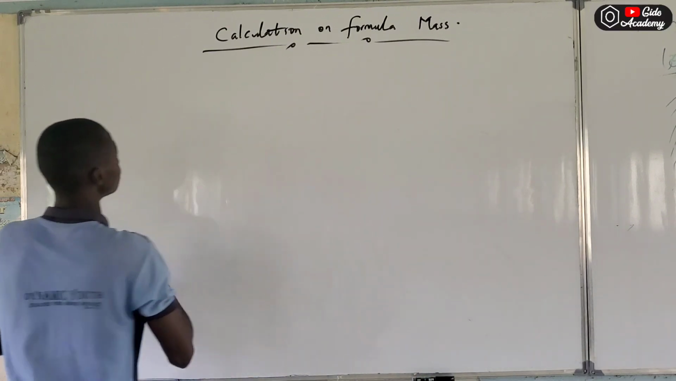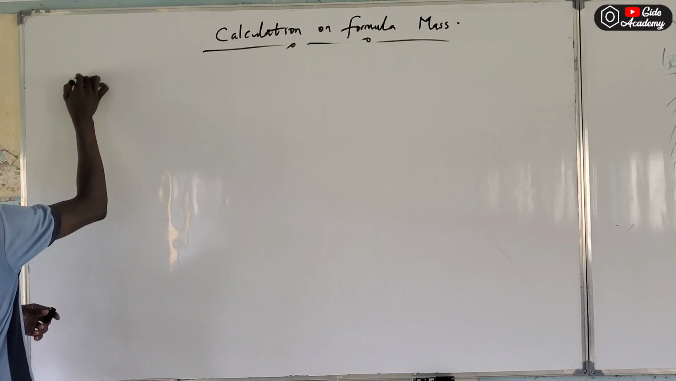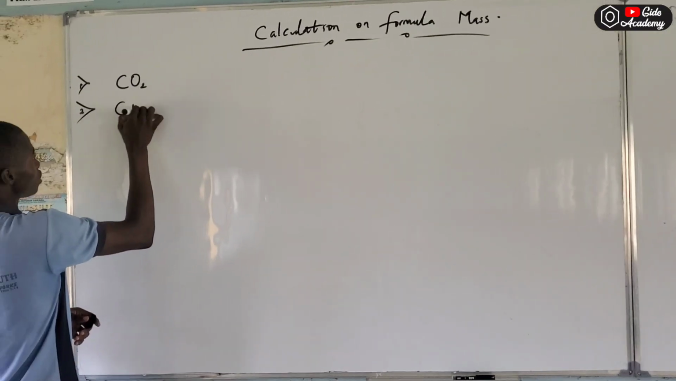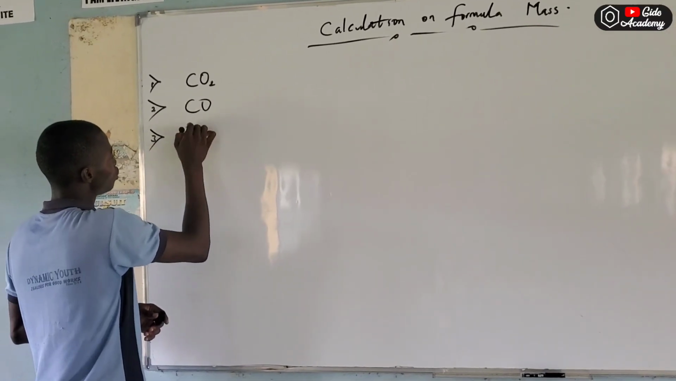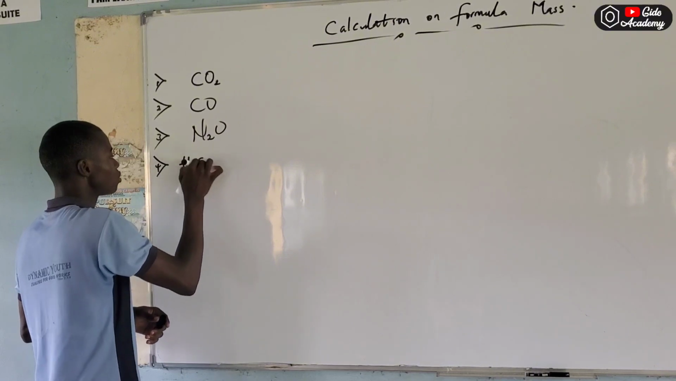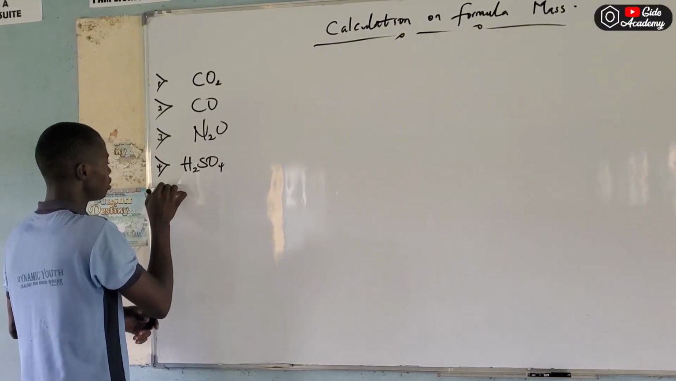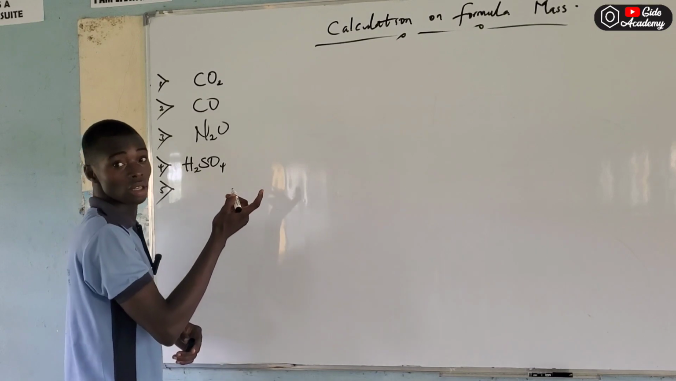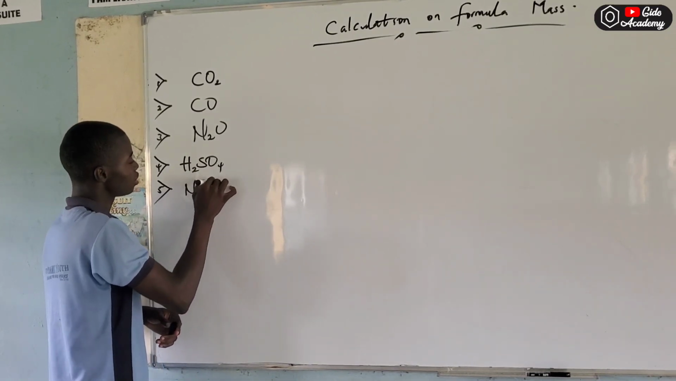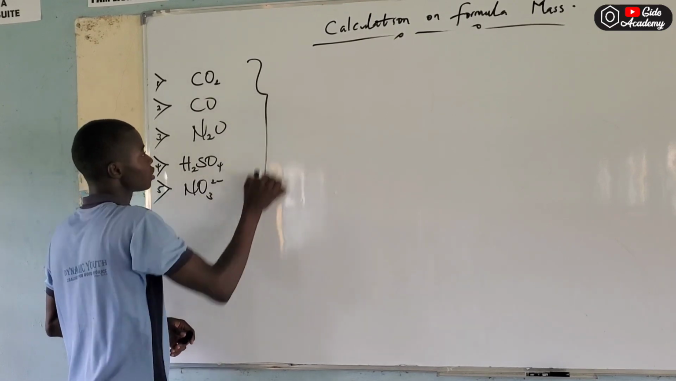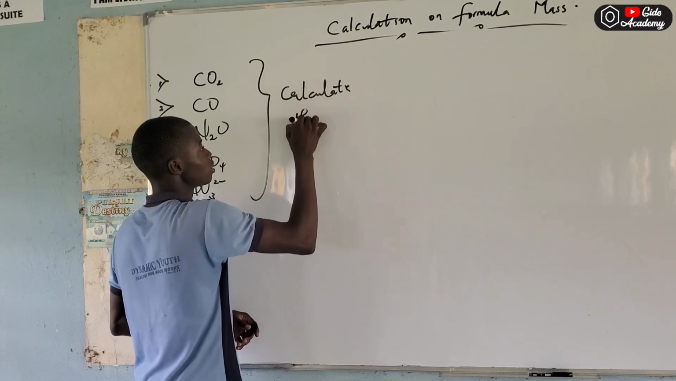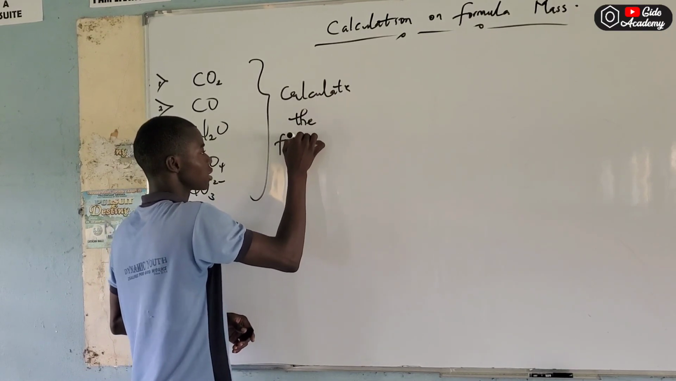So let's get started. You might have a compound like this. Number 1, CO2. Number 2, CO. Number 3 should be N2O. Number 4, H2SO4. Number 5 is, let's say, NO3 2 minus. If you are told to calculate the formula mass